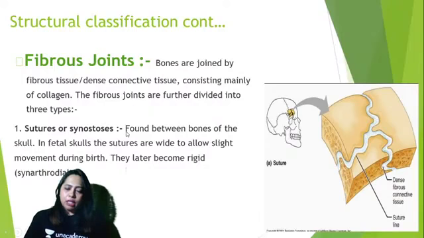You can also call this synostosis. They're found between the bones. Now you have the frontal bone here, you have the parietal, you have the squamous part of the temporal, you have the occipital bone. So whatever is holding these two bones is called a suture. Depending on what kind of edge they have, they can be categorized as dentate type or serrate type, or plane type.